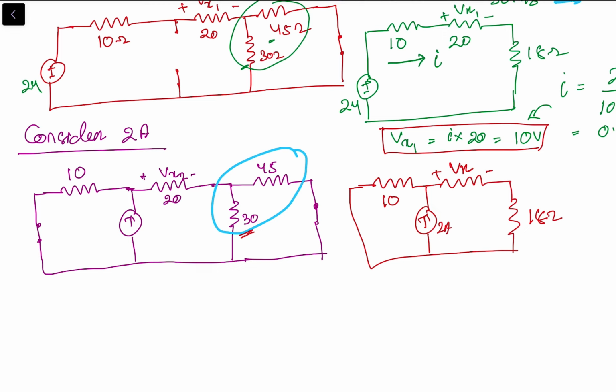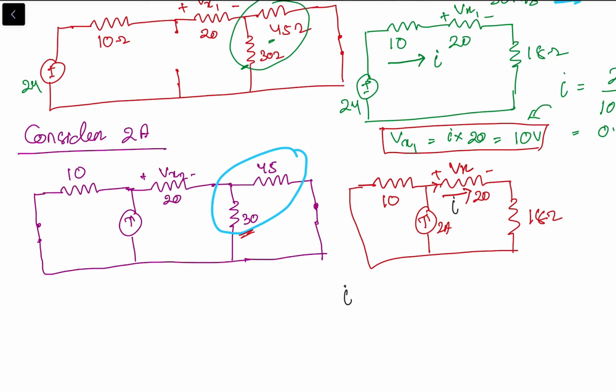Okay. So how I got this? I have just calculated the parallel things here. Next I can find the value of this I which is flowing through here with the help of current division rule, and this value of resistance is 20 ohm. So how much current is flowing here, that I need to find. Let us consider that the amount of current flowing here is I, not I1, only I. So what is the value of I?